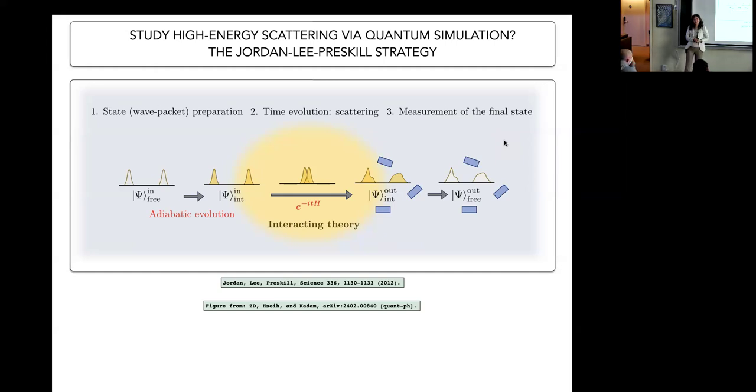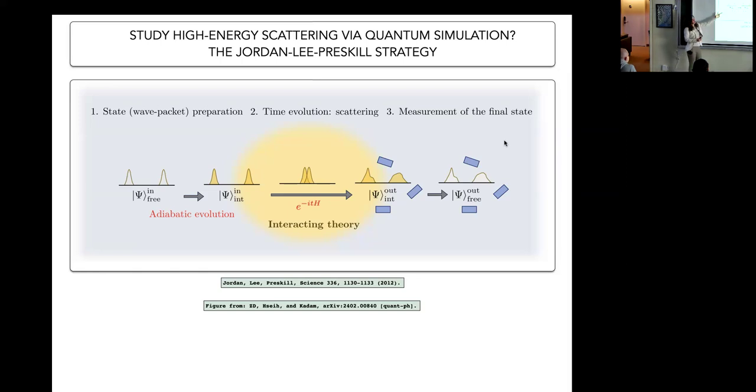Well, there was this very nice paper that came out more than 10 years ago, 12 years ago, yes, by Jordan, Lee, and Preskill, that set the stage for how to do a scattering process in quantum field theories. Again, quantum field theories are the underlying theories of the standard model. They looked at one particular field theory, a scalar field theory, and asked the question: if I want to set up the problem to do a scattering in a quantum computer, how do you do that? That process is very similar to what you have probably seen, if you're a physicist, in your quantum field theory textbook. It's called S-matrix evaluation, or scattering matrix evaluation.